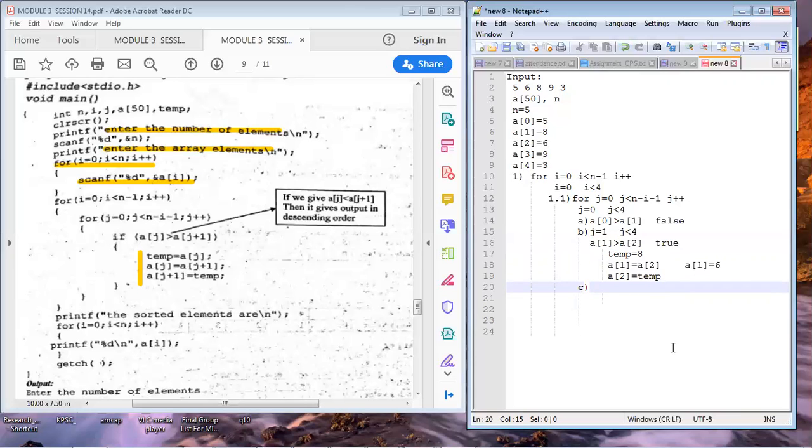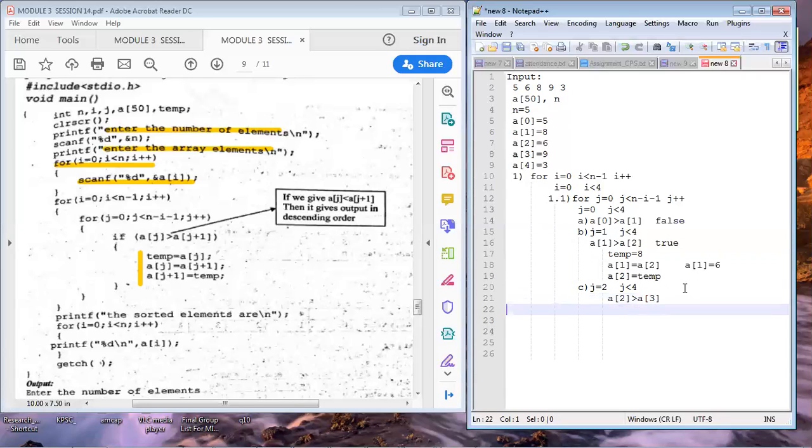Now, the third iteration of the J for loop. Now you can see that J is equal to 2. The J value is incremented by 1 and 2 is less than 4. The condition is true. Now again you have to check what? Is A of J, that is A of 2, greater than A of J plus 1? 2 plus 1 is 3.